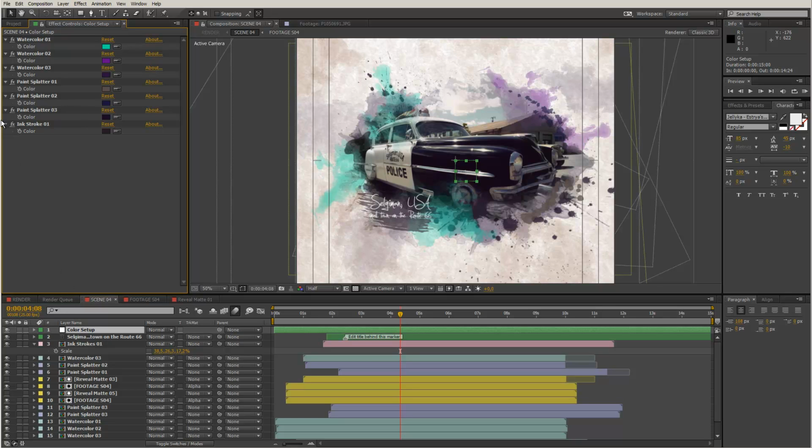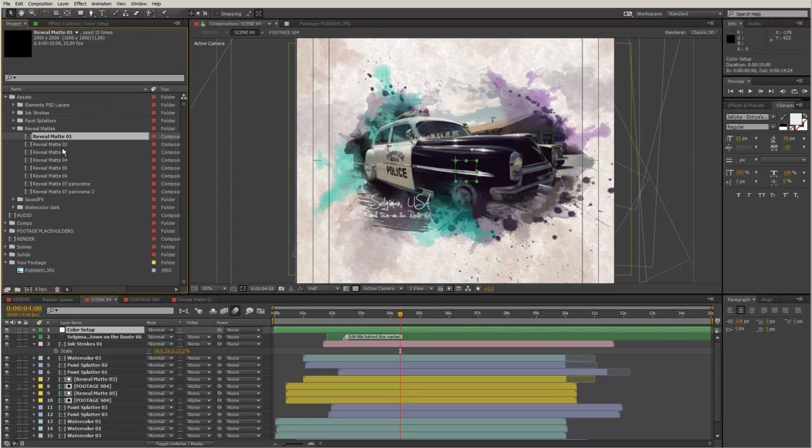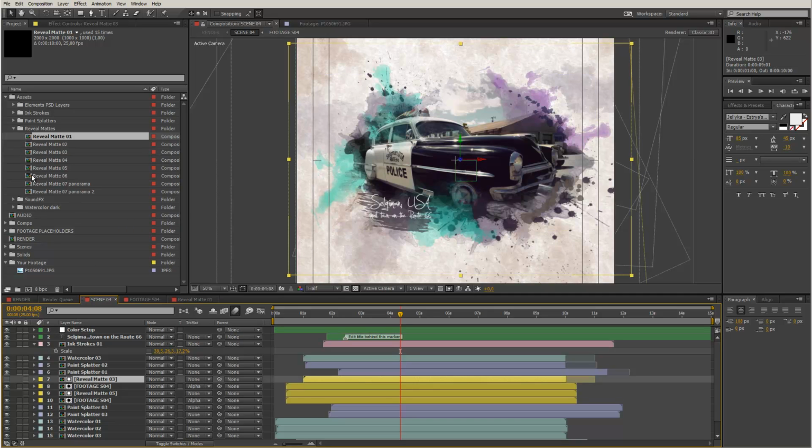But if you want to know which source we are using, then you can just change this here and always take a look. Okay, we are using ink stroke number 9, paint splatter number 4, paint splatter number 1, and so on. And in this case, we are using the reveal matte number 3, so we want to exchange it with the reveal matte number 1. So again, select the reveal matte, drag down reveal matte number 1, hold down Alt, release the mouse,